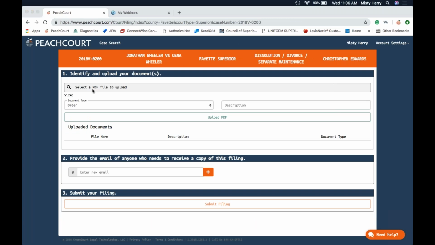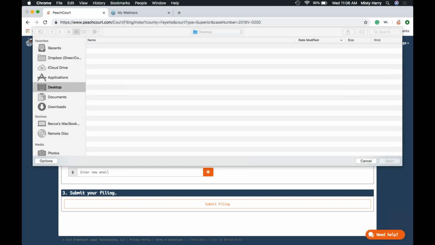All right, and notice we have select a PDF file to upload. So the document type does have to be a PDF as far as the file type. That's the type that the clerk's case management system can import, so that's why we have that requirement. It's very easy to make a PDF. It can either be a scanned document or the Word document can be converted to a PDF. But once you have it created and saved on your computer, you just select a PDF file to upload, and